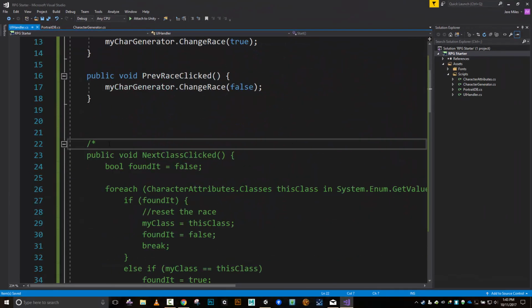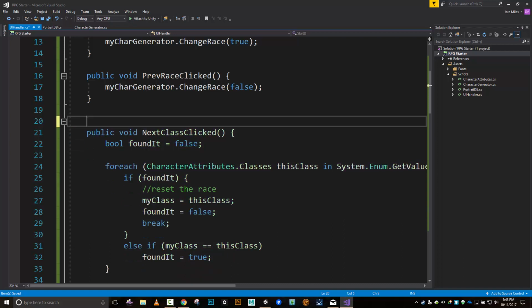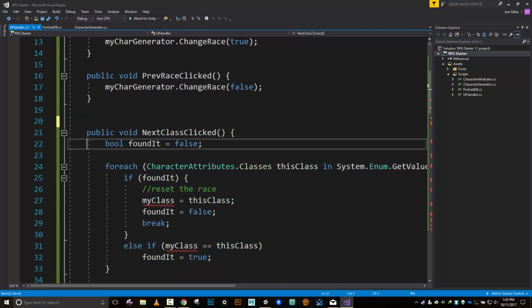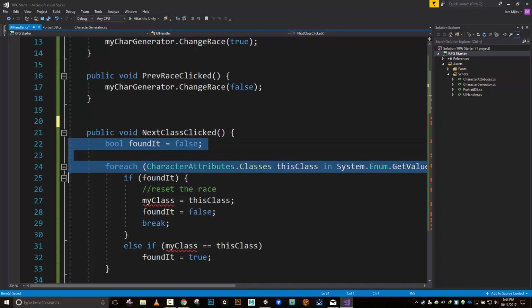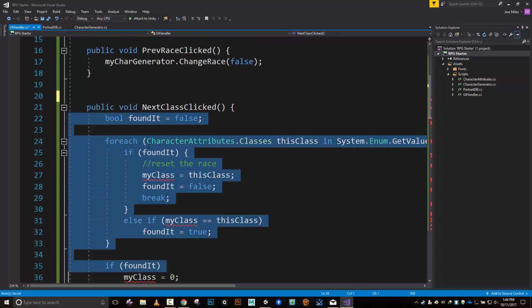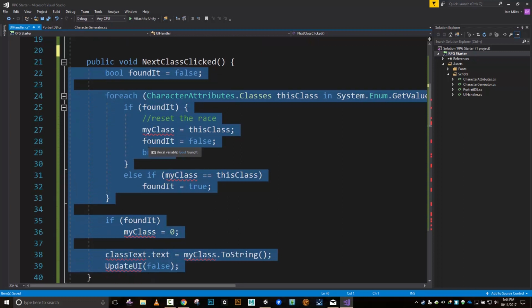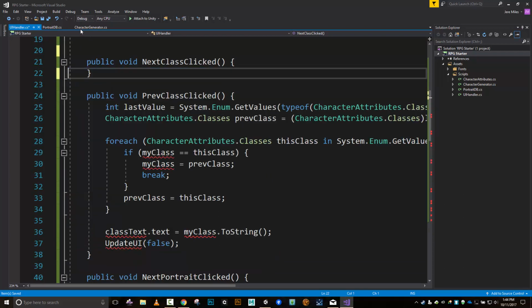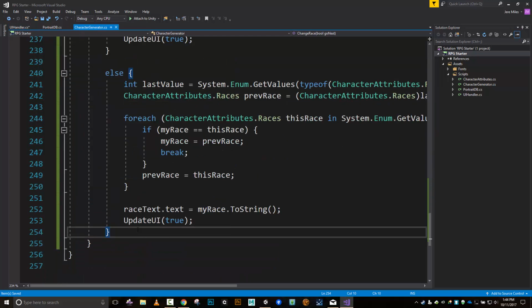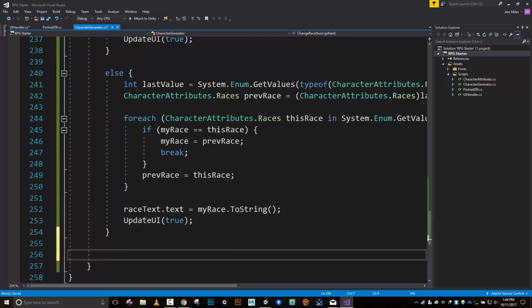So that happens to be what we have right here. So let's go home. Get rid of some of that stuff. And once again, I'm going to get in there. Copy all of this stuff out of here. And all of this stuff right here is what I do for the next class clicked. So I'll do a Control X, go back to my character generator, and down here I'm going to do a,